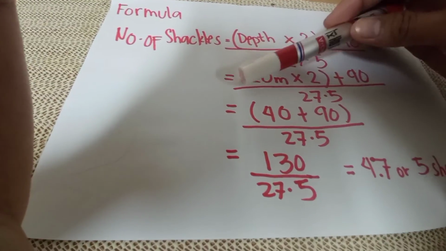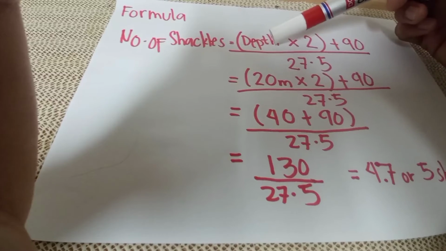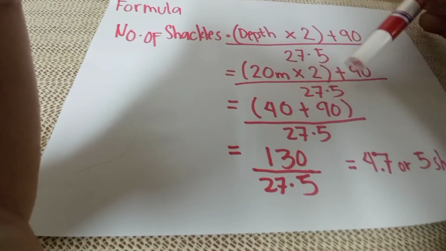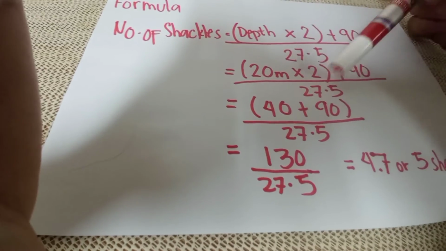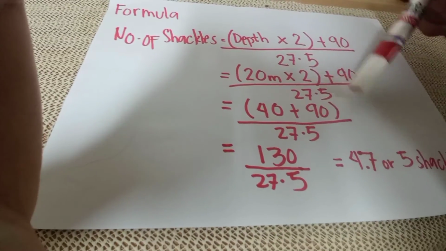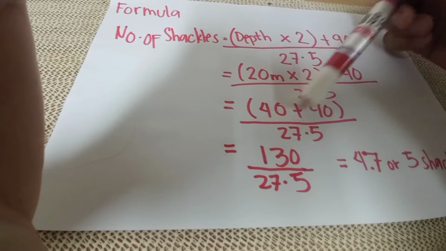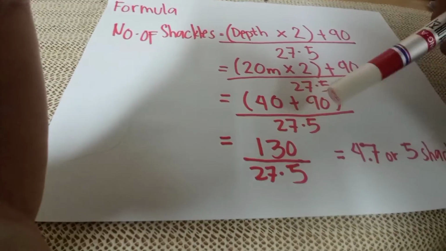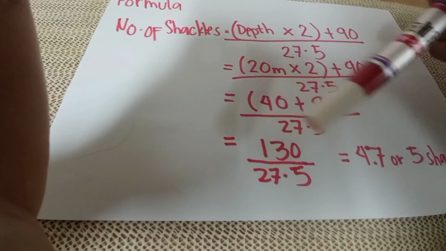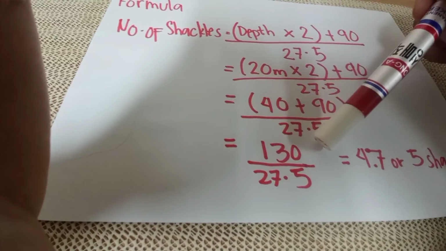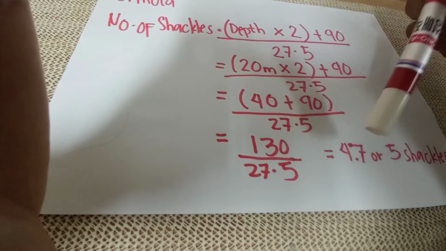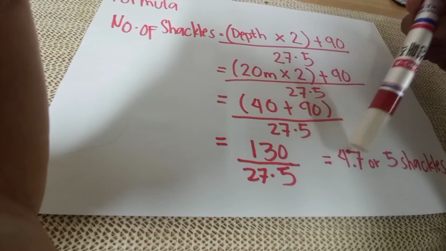So let's proceed. Let's say that our depth of water is 20 meters, so times 2 plus 90, over 27.5. So 20 times 2 is 40, plus 90, over 27.5. Then we have 130 over 27.5, and the result is 4.7